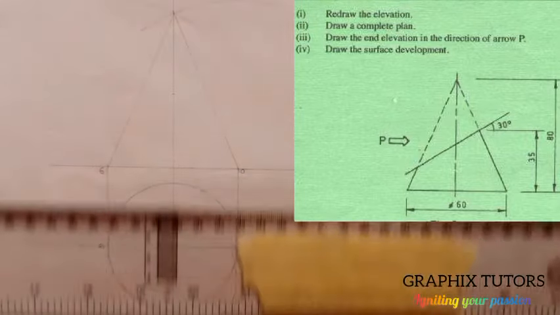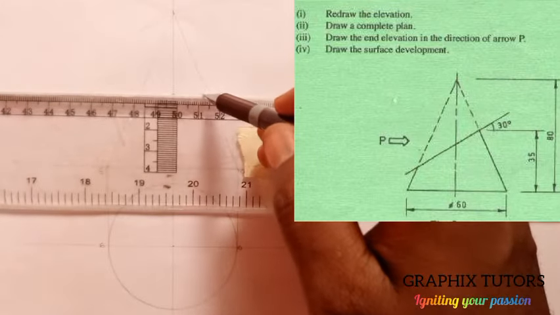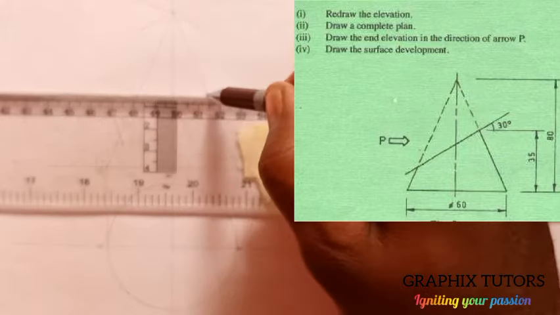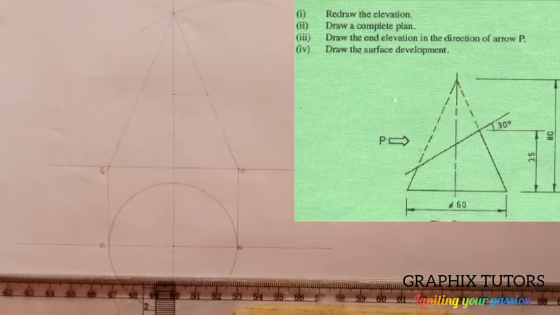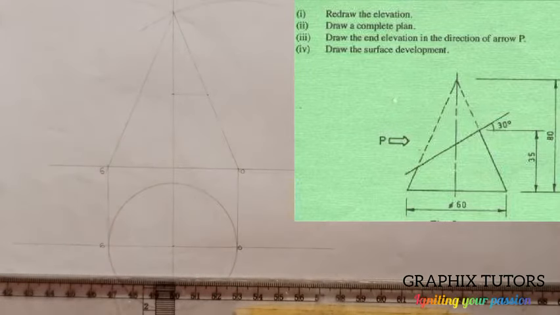From that point, if I extend this point to this point here, at this point you're seeing here, at a height of 35, the cone is dissected. It is what? Truncated. We'll cut it from that point at an angle of what? An angle of 30 degrees, as shown in the figure at the right of the screen. So if I place it here,